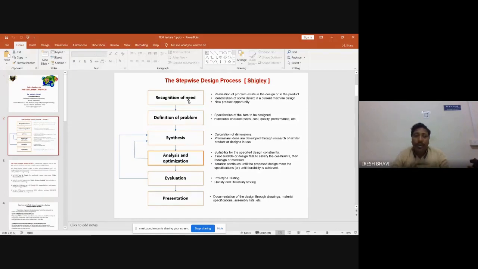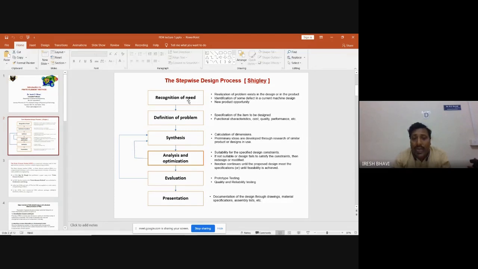For example, let me take the example of this pen itself. So here, what is the need? The need is that I want a device to write on the paper. So you have identified this need. You have identified that there is a need for a device which can write easily on the paper. Suppose there is a need that you have to write on the blackboard, then definitely you will go for a chalk piece. Now I have a need that I want a device which can be used to write on papers, white paper or any other paper.